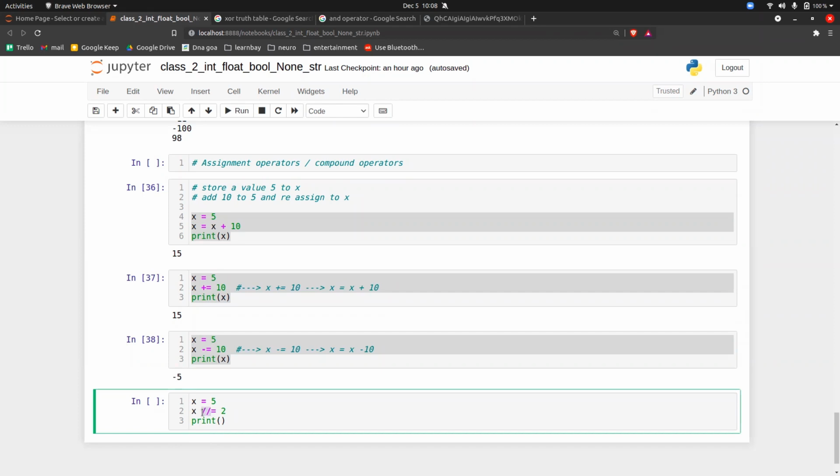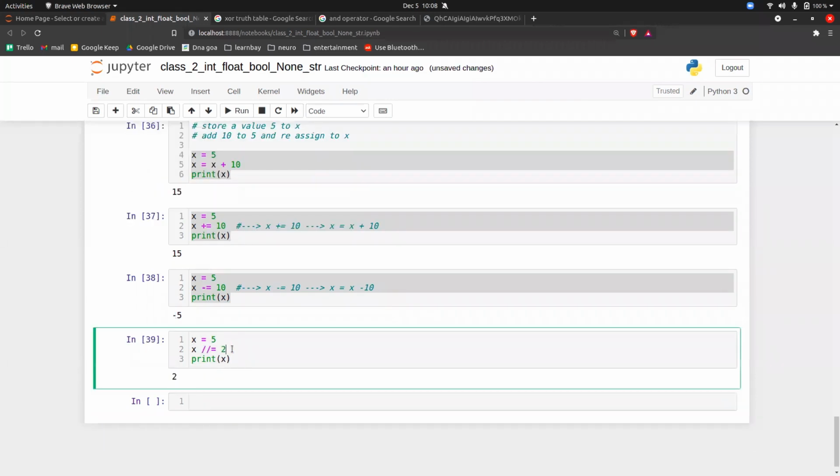So the answer will be 2, not 2.5. If I execute it, the answer is 2. So the expansion form of this equation will be x is equal to x divided by 2.